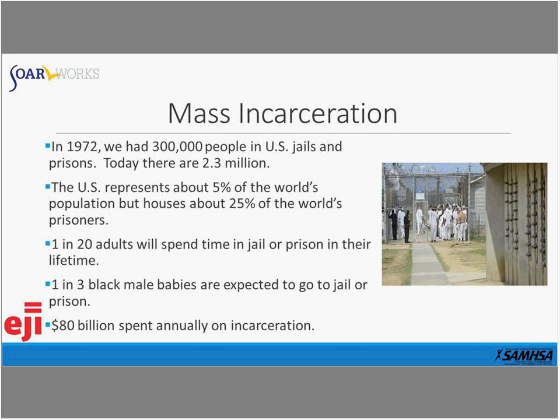So mass incarceration, in brief, means we have too many people in prison for too long. Currently, the United States incarcerates more of its population than any other country in the world. In 40 years, we've gone from having 300,000 citizens in jail or prison to 2.3 million today. Our country consists of just under 5% of the world's population, but we have nearly a quarter of the world's prisoners, being a third of all female prisoners in the world.